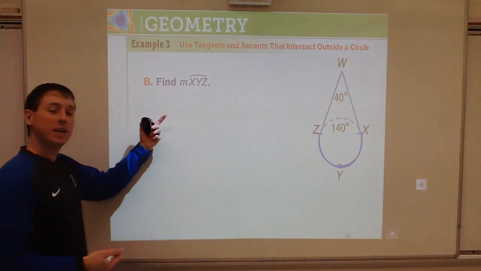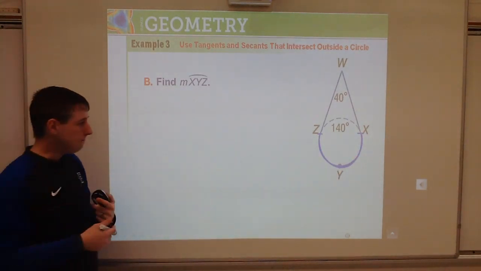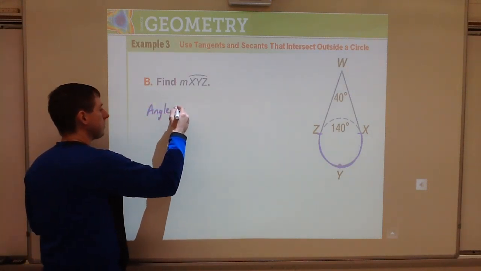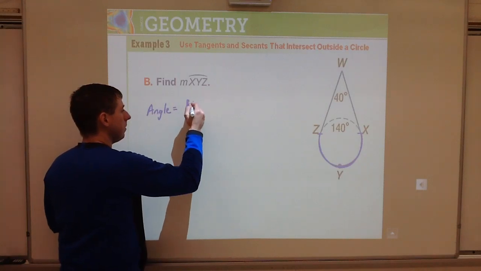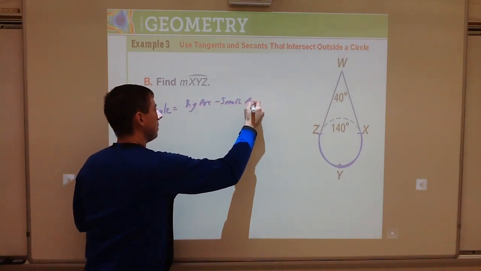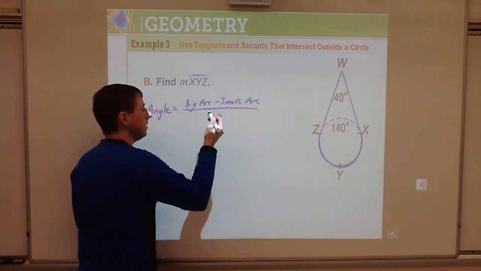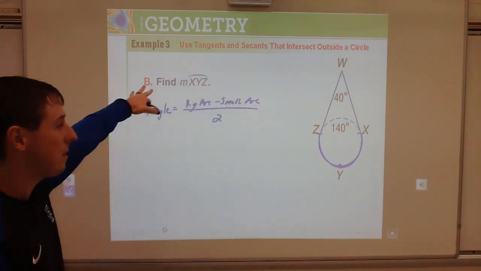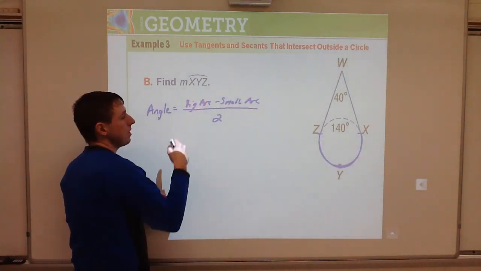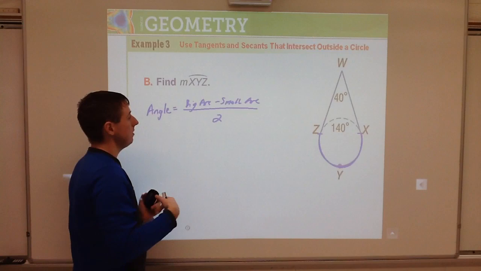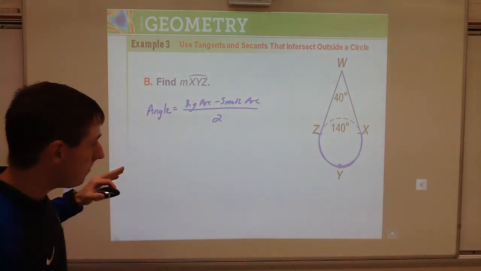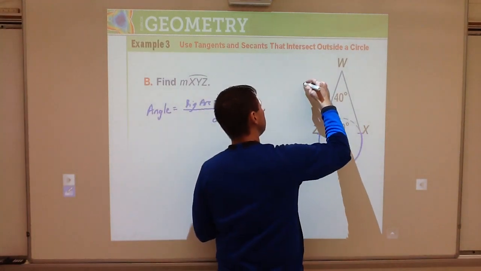Now I could do that whole thing that I just showed you on the last slide, which is a good idea. I'm just going to write it out: big arc minus small arc divided by 2. You put all your stuff into there the exact same way we did the last one, except this would be my big arc, so I put an X right there, the 140 right there, and then 40 right there. Go through those steps, that's perfect. But if this is 2 tangents,